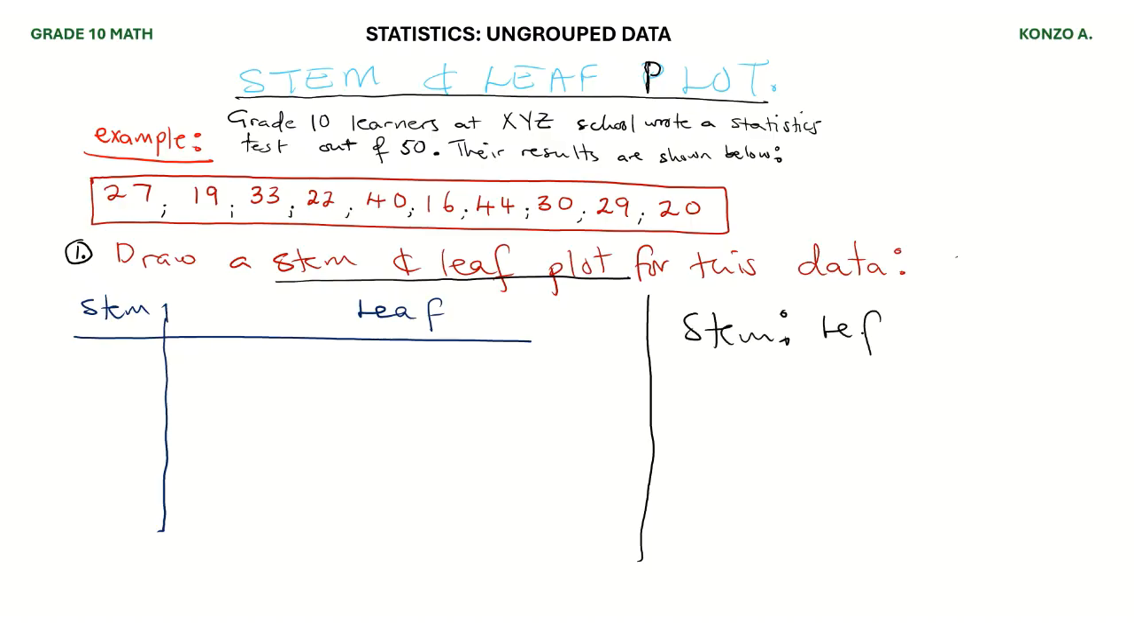Put the leftmost digit. That's the easiest way of saying it. We can say the highest place value. That's another way of saying it. So for example, if the number